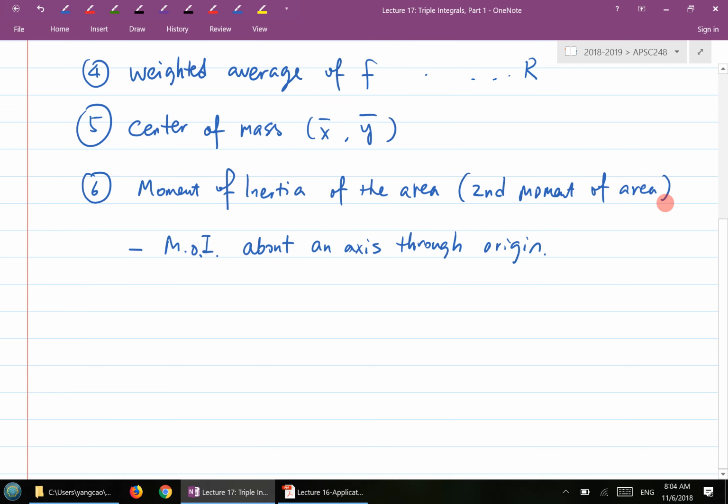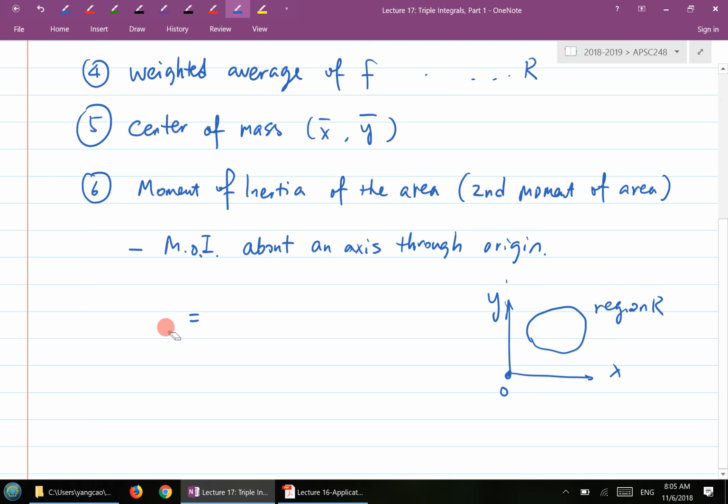because the region is in the x-y coordinates. If we have a region R here, we're talking about an axis going through the origin, which is the z-axis. And then what will be the moment of inertia of this area rotating about this z-axis? The formula is I equal to,